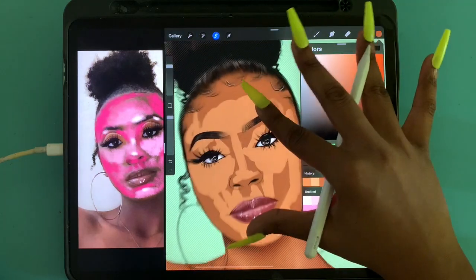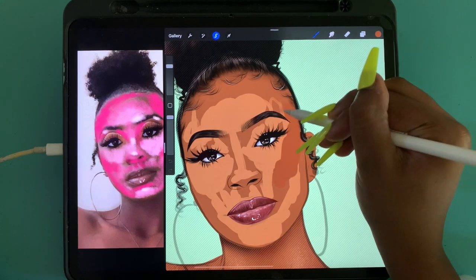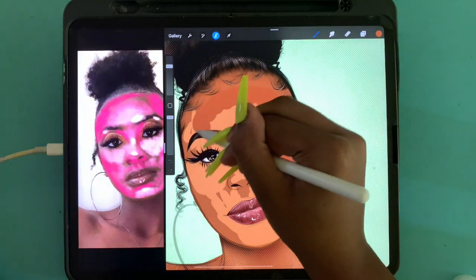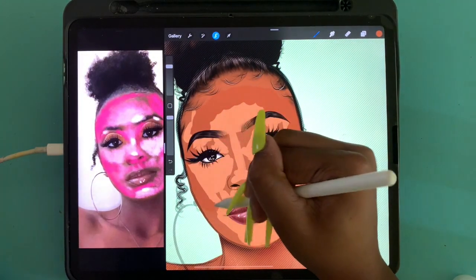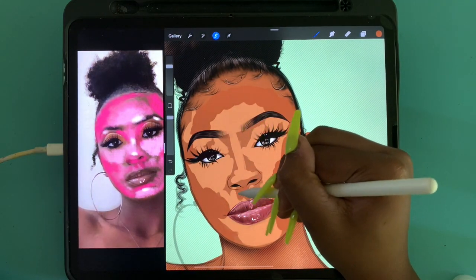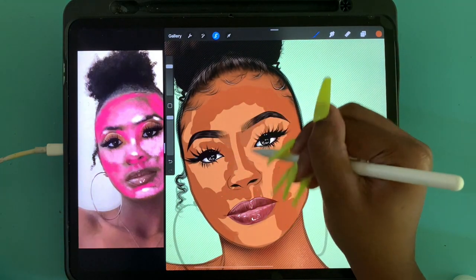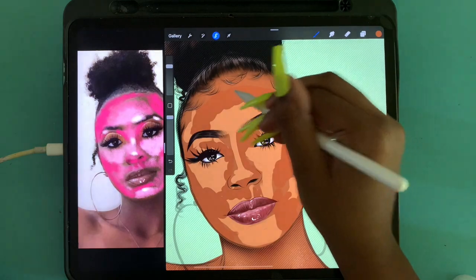Now since the body's already done, I do have to pay attention to that, but usually I'm doing the face first, and then I'm matching the body to the face. So it's kind of out of order, but for the YouTube video sense, it looks more appealing if the rest of the body's already done. So